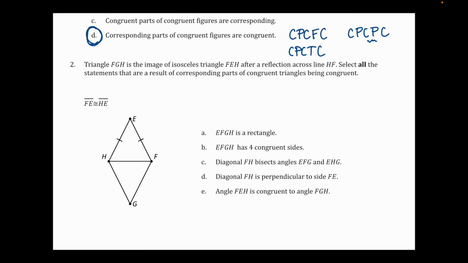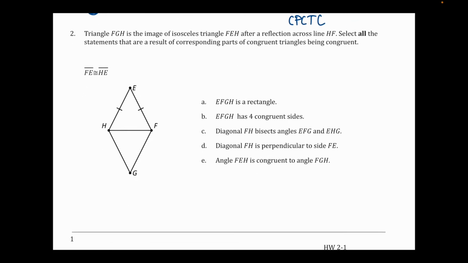So question 2 here, we have a triangle FGH. So FGH is the bottom triangle here. It's the image of isosceles triangle FEH reflected across line HF. So we want to select all statements that are true as a result of corresponding parts of congruent triangles being congruent. So the first thing I'm going to do is actually mark my congruences on my